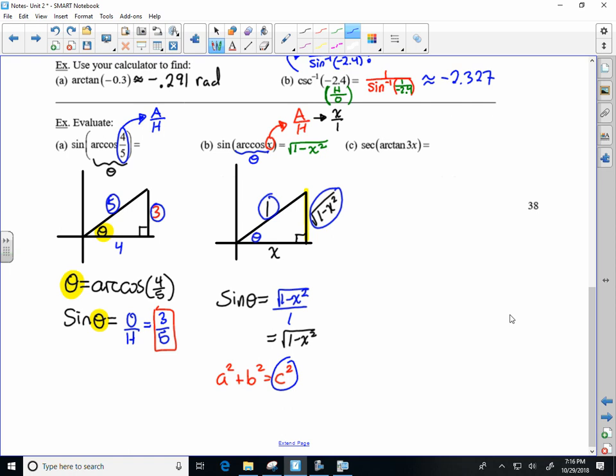Now, the thought process was, okay, yeah, this is great. I can totally, very easily take the derivative of this. Yeah, cool. I'll just use the chain rule. That's wonderful. Do you know what the derivative of arc cosine of x is? The answer is